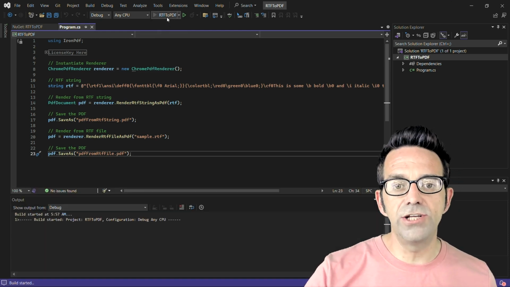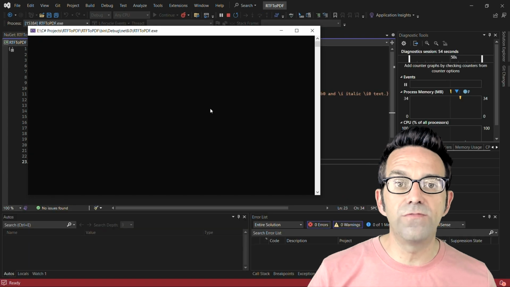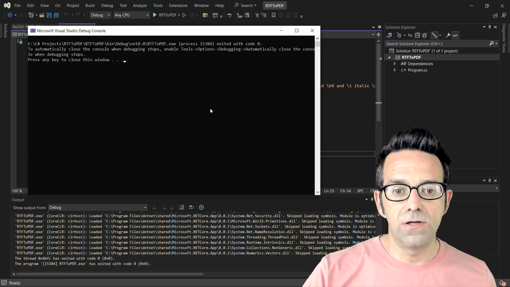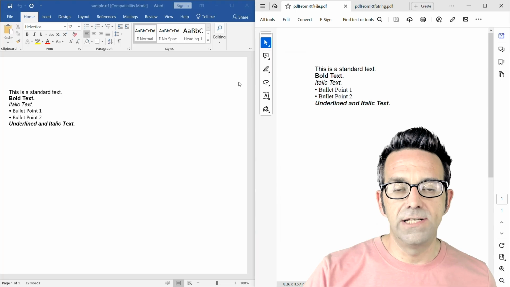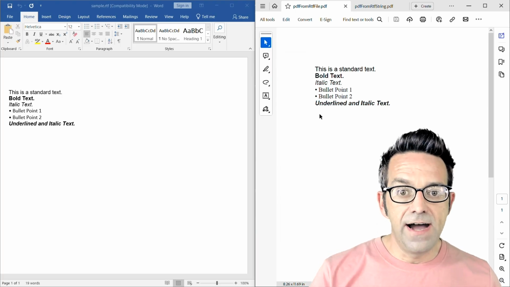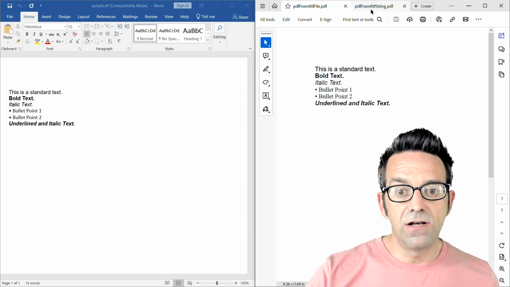So let's run the application to see the RTF content transformed into a PDF document. All right, the PDF is generated, so let's open and compare it with the sample RTF file. All right, so the PDF is the same as the RTF file, and the RTF string is also converted without